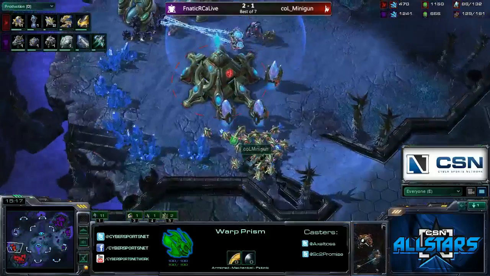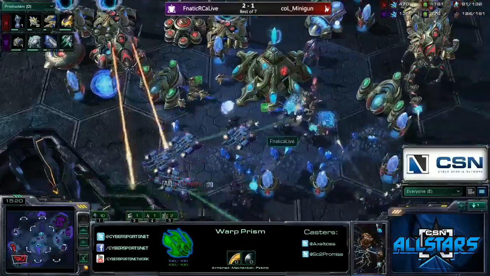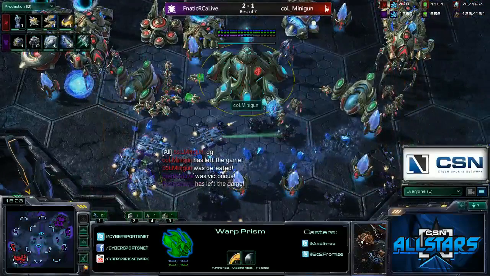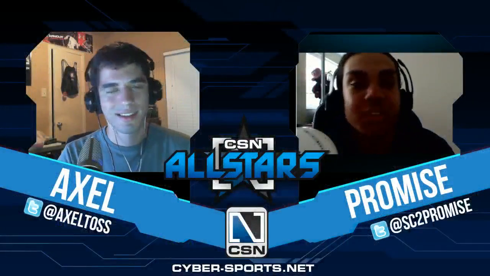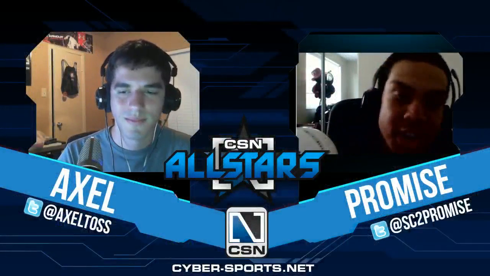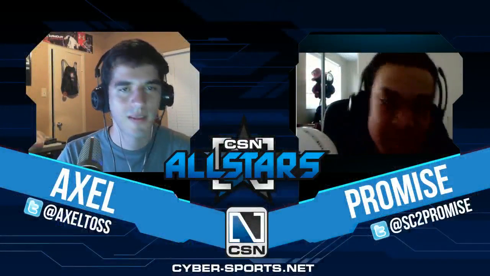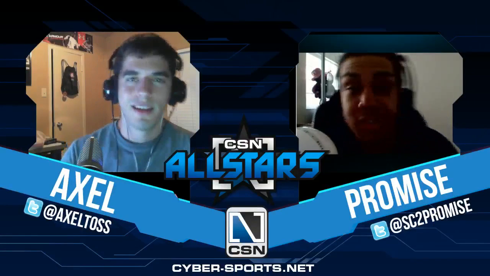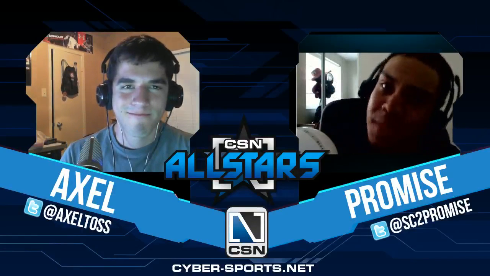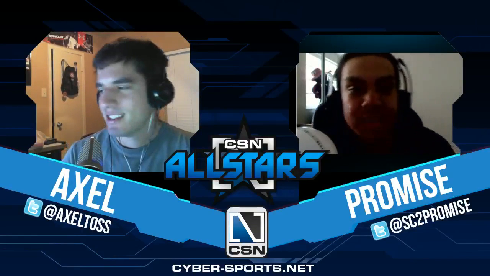Yeah, there we go. Minigun, he's in a bad position, man. He's getting dropped in the main and the natural, and GG. Minigun knows he's not going to be able to hold it off at two-pronged attacks. That's just the multitasking of aLive, man. He knows what to do. He knows exactly when to do it, and he just went ahead and did the two-pronged attack against Minigun. And with that being said, I guess aLive is going to be up now 3-1 in this best-of-7 show match,